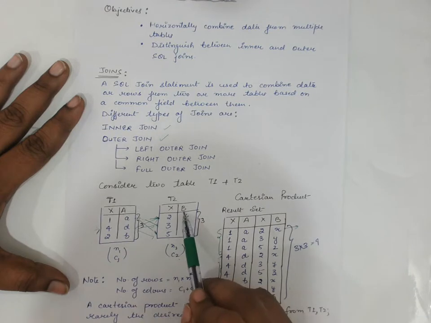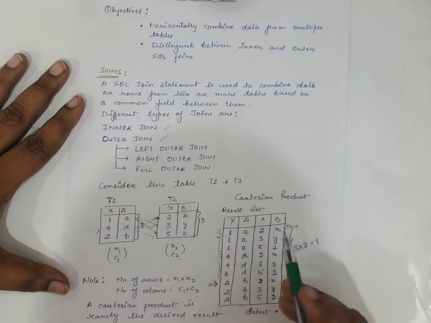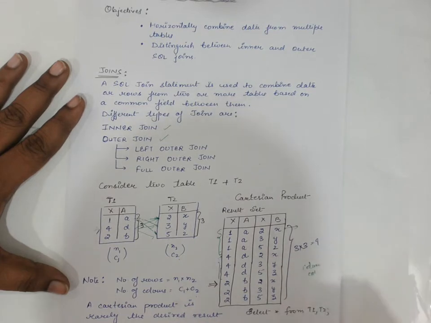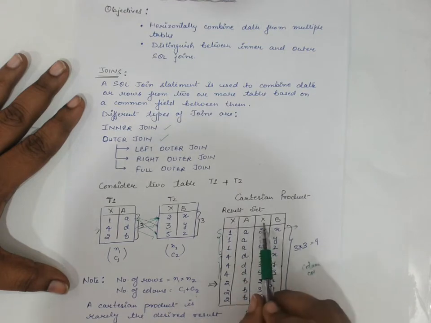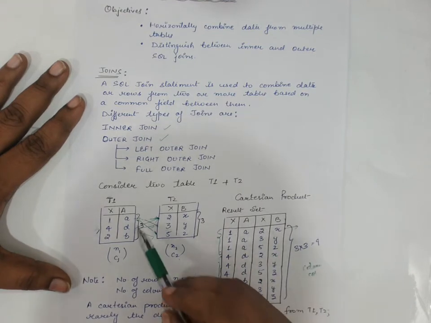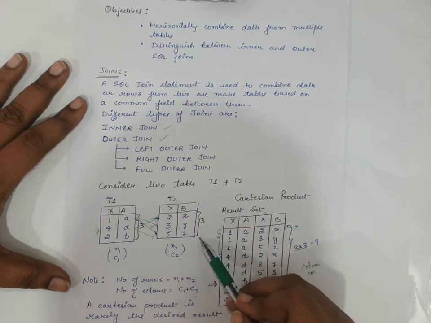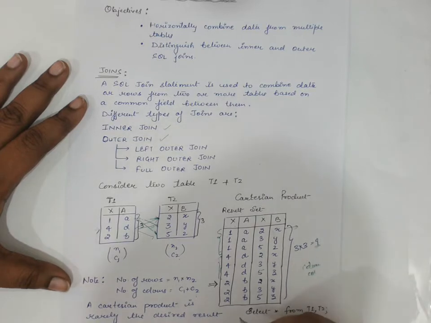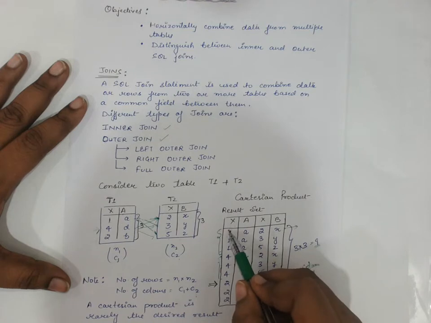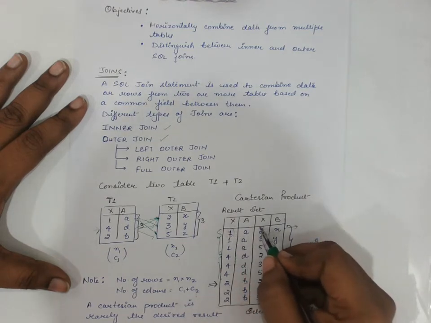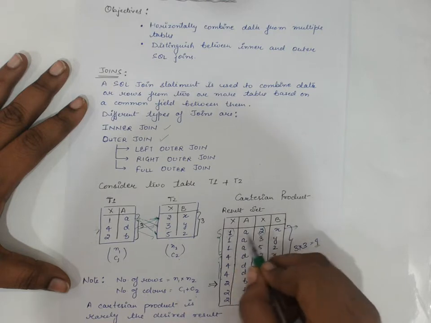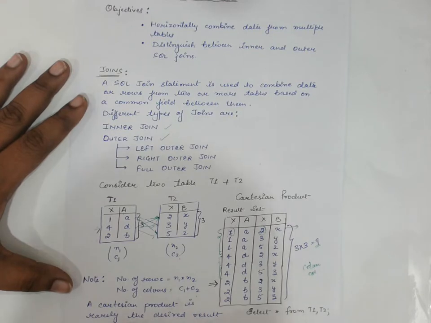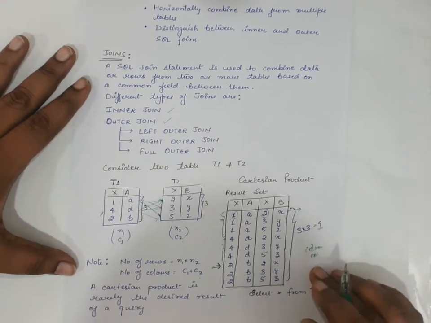There are 2 and 2 columns, so the total number of columns is 4, and the common column will repeat, so it will appear twice. Similarly, the number of rows is the multiplication. If there are 3 rows in table 1 and 3 rows in table 2, then the total tuples in the result set will be 3 into 3, which is 9. But my objective fails, as the value in column X from table 1 and the value in column X from table 2 are unequal. So Cartesian product is basically used to merge the two tables, but it will rarely give the desired result of a query.